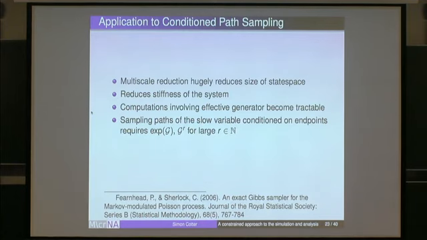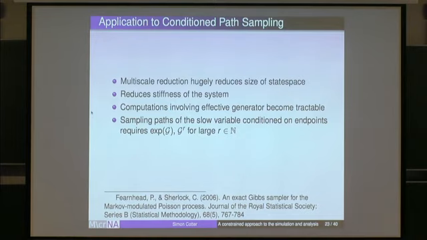So there are the methods attributed to Fearnhead and Sherlock, who are at Lancaster, which is an exact Gibbs sampler for sampling paths of Markov modulated Poisson processes conditioned on their endpoints. But this can be a very, very expensive thing because it requires the calculation of the exponential of the generator for the system, and also powers of the generator for very large R, which will become full as R gets big. So this is something that you just can't consider doing for a system with a large state space,